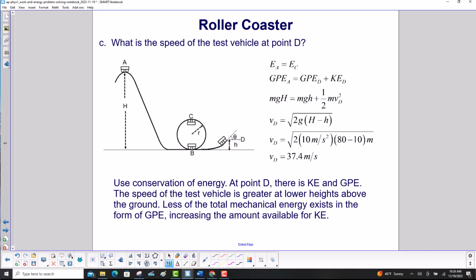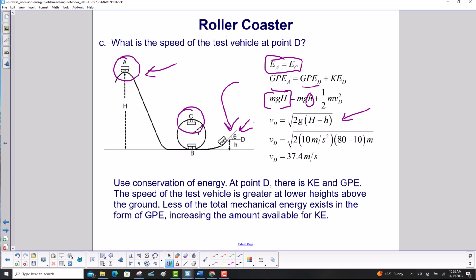Use conservation of energy again. And again, we'll start with the energy at point A, and that's GPE of A equals the GPE at point D plus the kinetic energy at point D. And notice over here, we put in mgH, right? That's still the height of there. mgh, little h, okay? That's the height at point D. Do a little algebra, substitute in the values, and we get 37.4 meters per second,